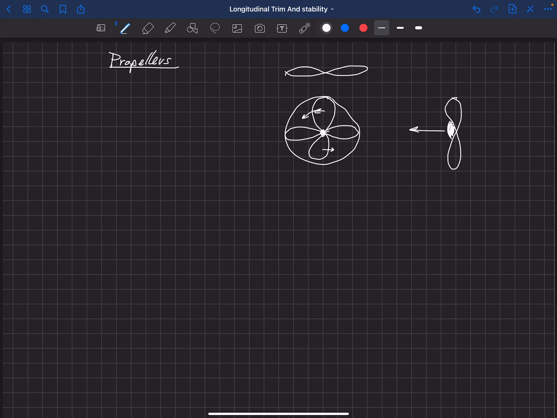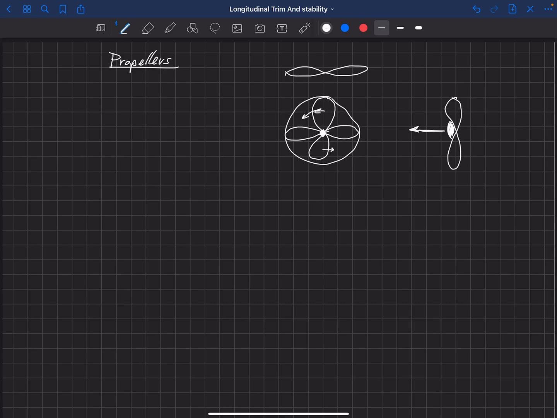And so this is a right-handed propeller. If you put your thumb in the direction that it's moving, which you can see over here, then it's rotating in the direction that our fingers curl. And so this propeller, the front view of it is actually coming out of the page towards us.